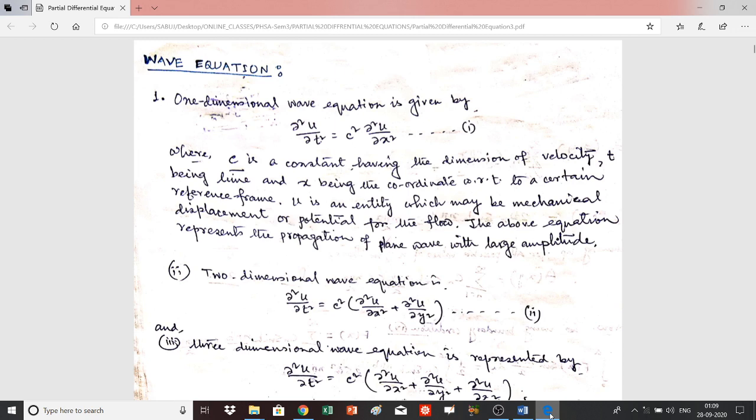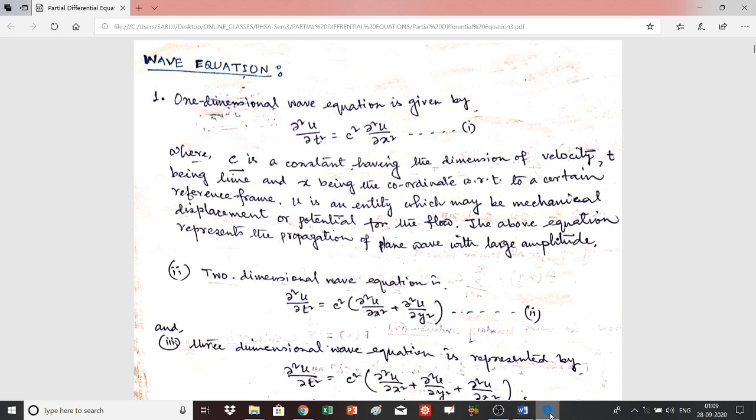You know that c is the velocity of the wave that is propagated through a medium, t being the time and x being the coordinate with respect to a certain reference frame. Now, u is an entity which may be mechanical displacement or potential for the flow. The above equation represents the propagation of a plane wave with large amplitude, and equation 1 is the wave equation in